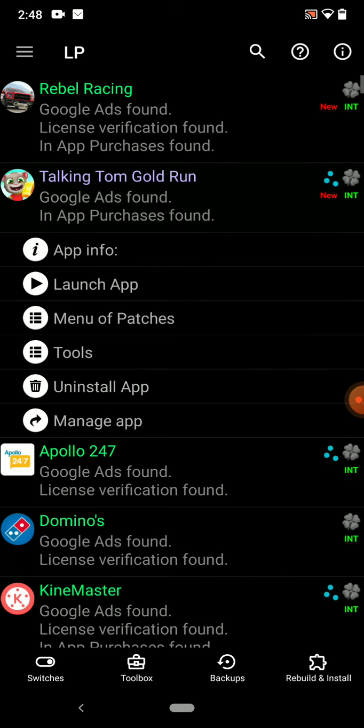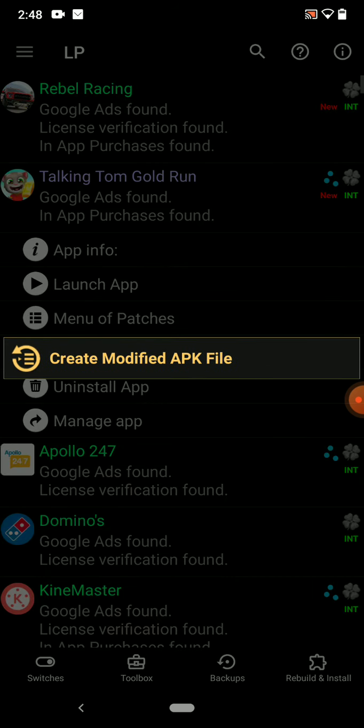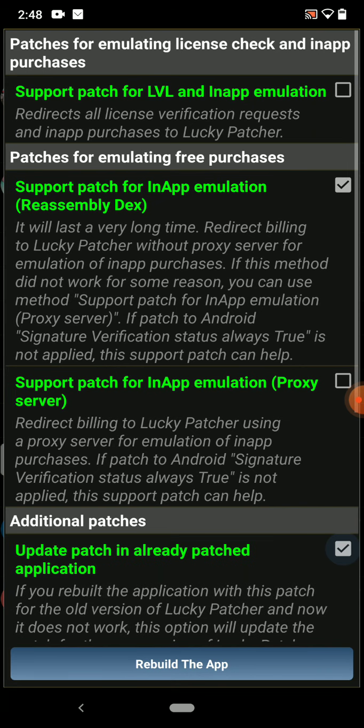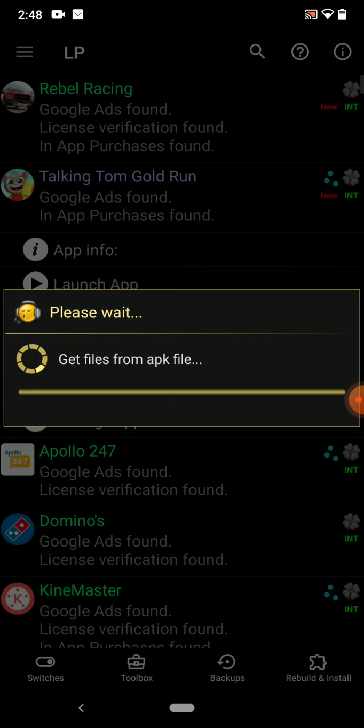After clicking Talking Tom Gold Run, you will get the menu of patches. You have to click this and create modified APK file, and click APK rebuild for in-app and LVL emulation, and turn off anything else, and you have to start it.